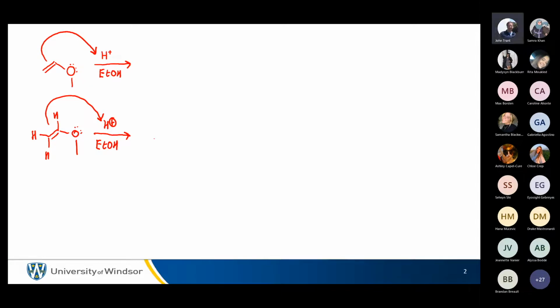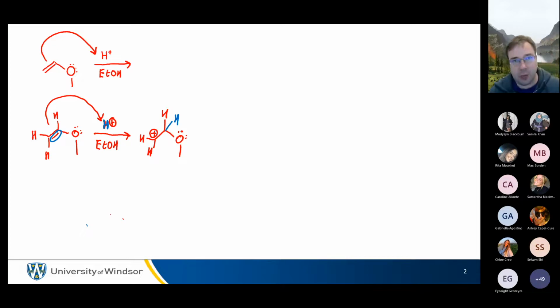So we have two possibilities to think about. One is, and let's color this new H that we just added blue so we keep track of it. Okay, drawing in all the atoms that were there earlier, they're all still there. So one possibility is we can put the carbocation there, and the carbocation is there because the electrons in the double bond were used to make the bond with the hydrogen. There are two electrons there, and those two electrons bond to the H plus, and that leaves the other carbon without electrons, and so it's positive. The other possibility we have